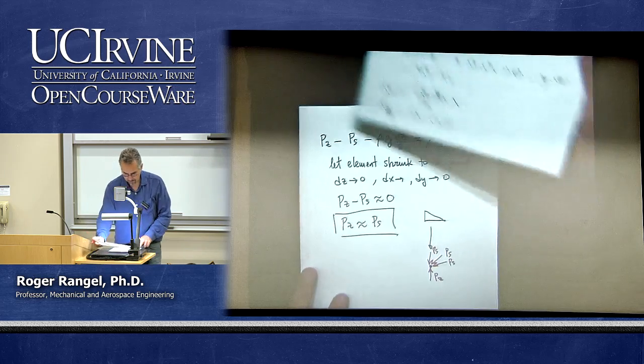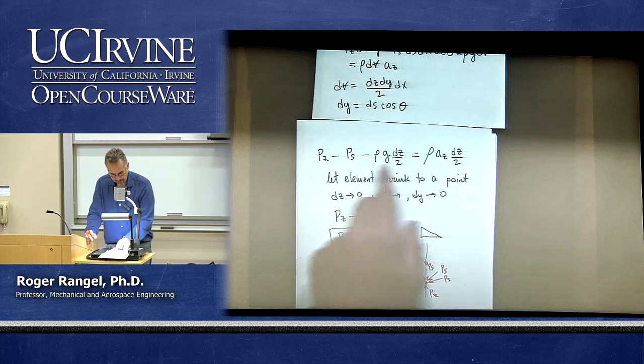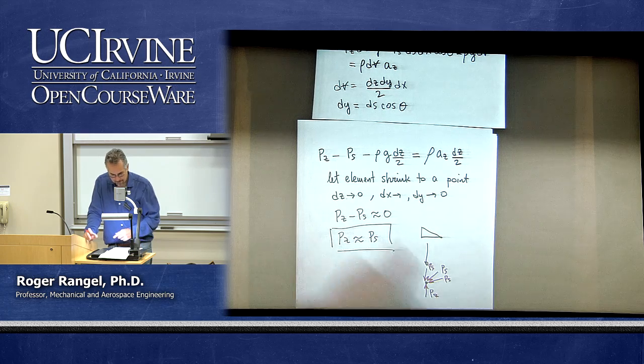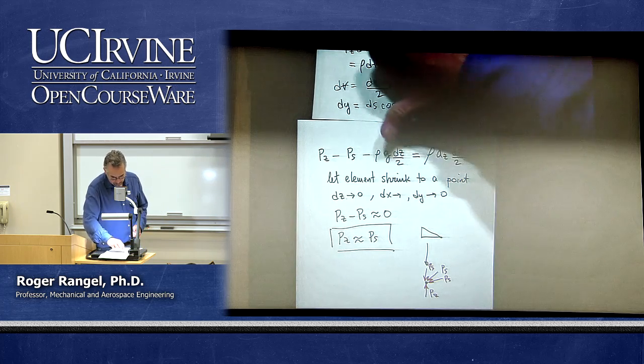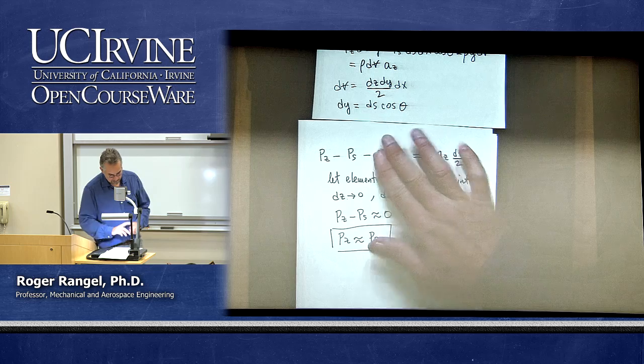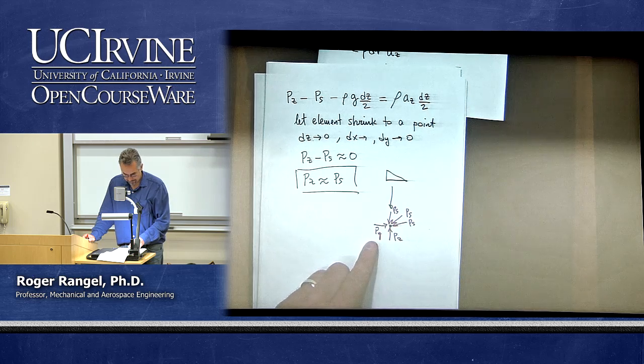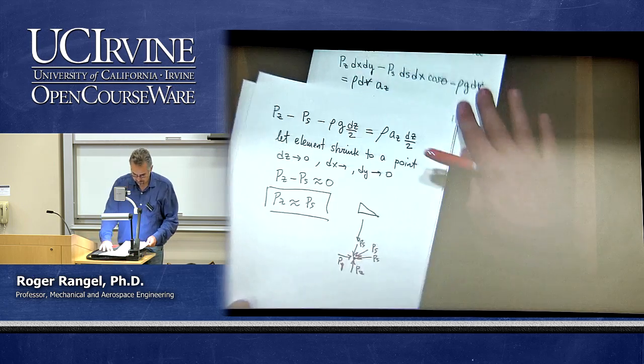So I would end up with something that looks like this, but this would be P sub y, and this wouldn't be here at all. So the conclusion is, of course, that if I put the P sub y, which would be in this direction, then I have that the P sub y is also equal. So this drawing is a little bit